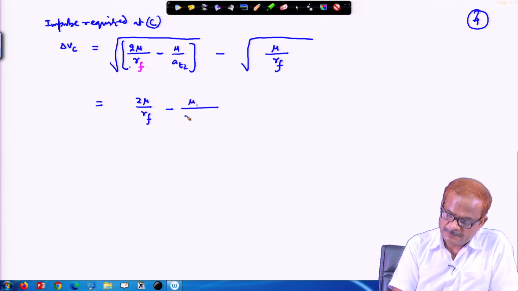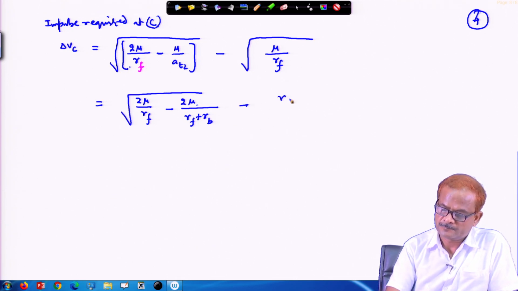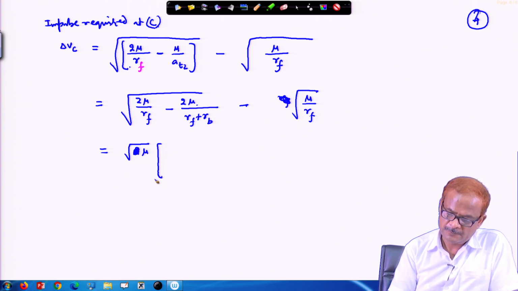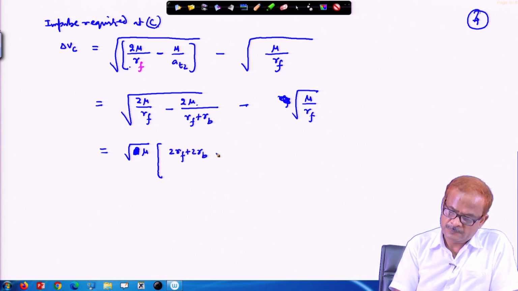A T2 is nothing but R F plus R B divided by 2. So, this goes in the numerator, or mu we take under root here, and this is 2 R F plus 2 R B minus 2 R F divided by